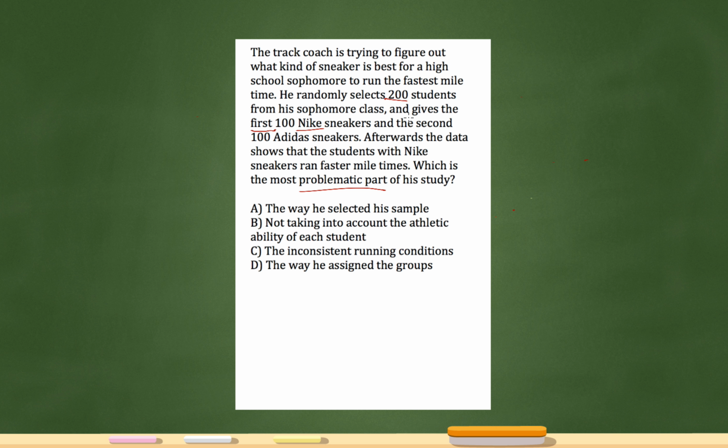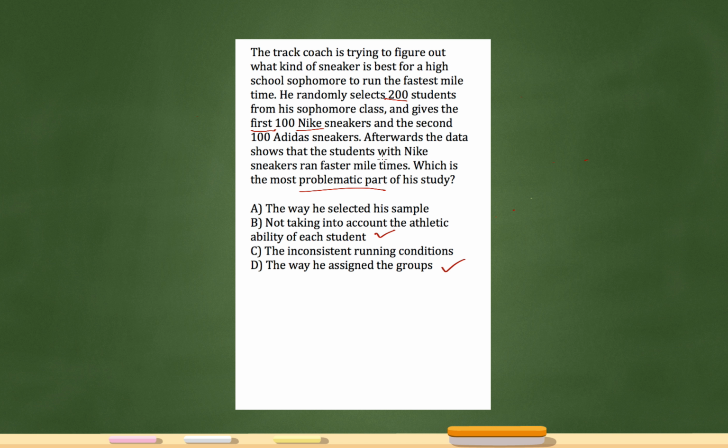But if he's giving the first 100 Nike sneakers and those first 100 happen to be the faster kids, then this is not a fair enough conclusion that we can draw here. So the way he assigned the groups is the problem. The inconsistent running conditions doesn't really say anything about that, so we can't really draw that conclusion. Not taking into account the athletic ability of each student could be it. The way he selected his sample,